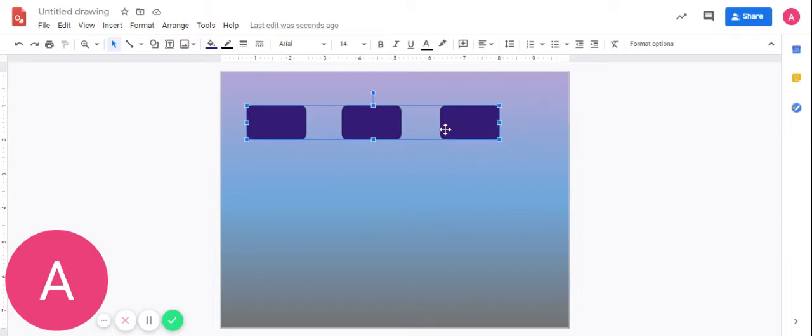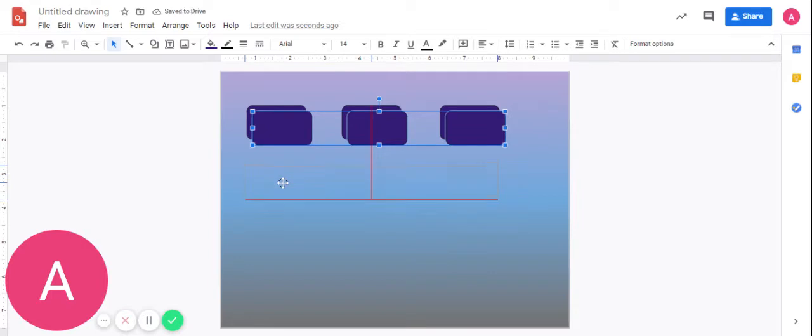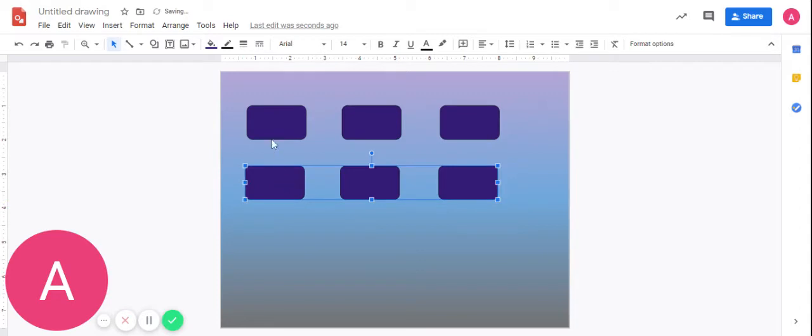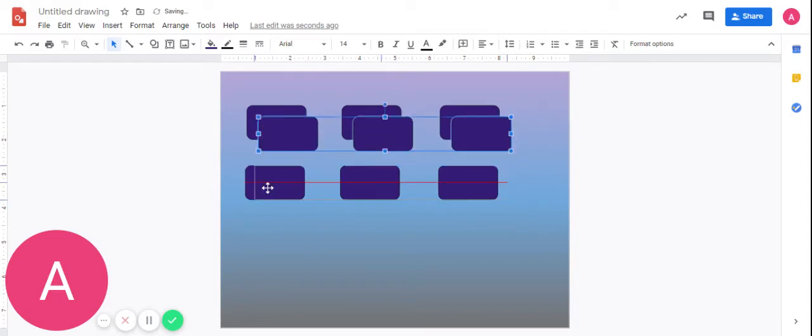So Control C, Control V. Now I copy the whole row. If you notice, the red is lining it up. Okay, so I could do that again, Control V. So now that I have it set up,